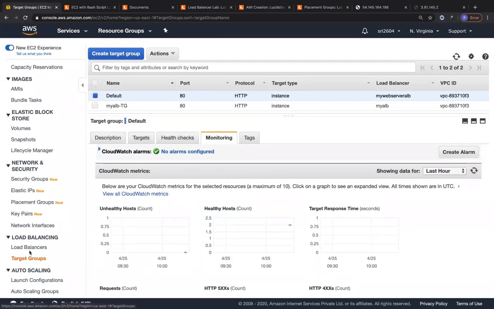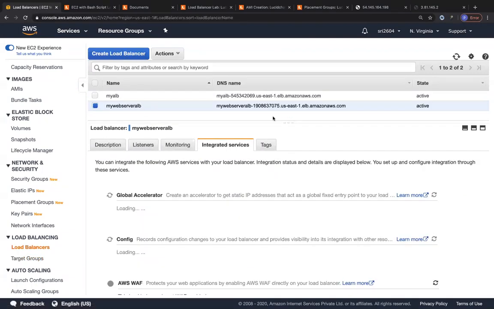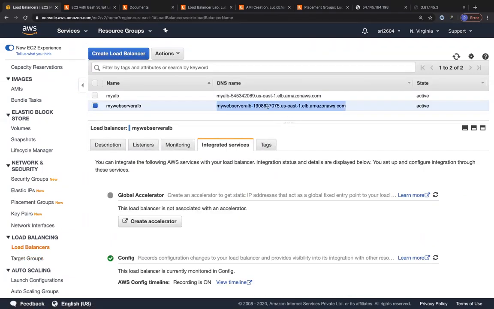So now let's go to the load balancer's DNS name, and let's go ahead and copy the DNS name and paste it on the browser. And you'll be able to see the same hello world that is being displayed from this DNS name, which is great. It's amazing. So now this is resolving back and forth between two of our EC2 instances. This is one EC2 instance, this is the other EC2 instance. Resolving between both of our EC2 instances. So you can just keep refreshing this. It's going to be very fast. It's going to be really good.